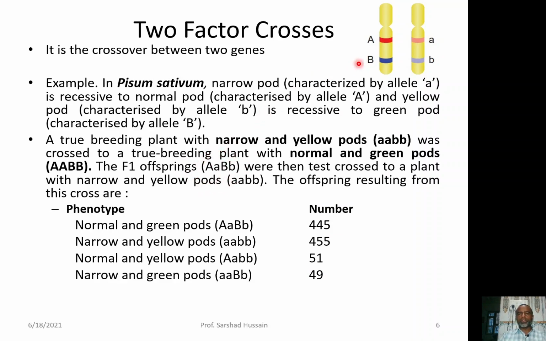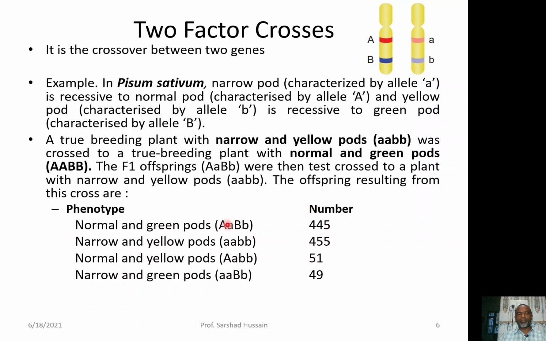It is understood that the gamete from here will be small a small b and the gamete from here will be capital B. When they join together in F1, they will produce capital A small a capital B small b. Now, when they were test crossed with the recessive parents in order to know the genotype of this hybrid or the F1, this was the result: the parental combination was having much more number of individuals